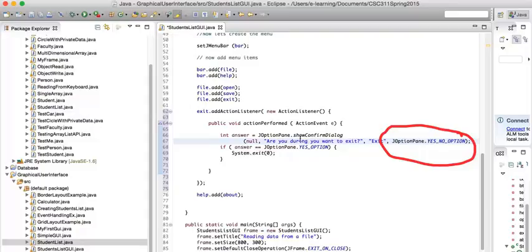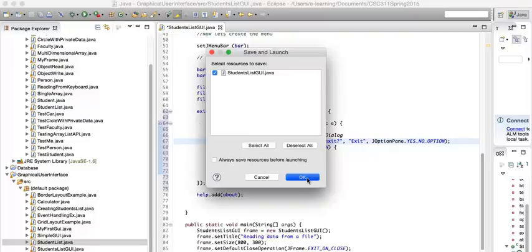Are you sure? It is, are you sure you want to exit? And the window name is called exit, and of course the J option is going to give you yes and no option. If you choose yes, we'll exit. If it's no, we won't exit because there's no else. Right? Let me get rid of this, and of course we can run the program,